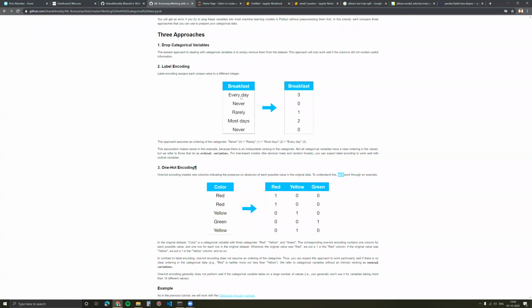But is that a fair assumption to make? I don't know. You can put 0, 1, 4 and 5. That would also work, but that would mean you're taking a call on the distance, on how much more weighted rarely is than never being the same as the weight of most of the days being greater than every day.